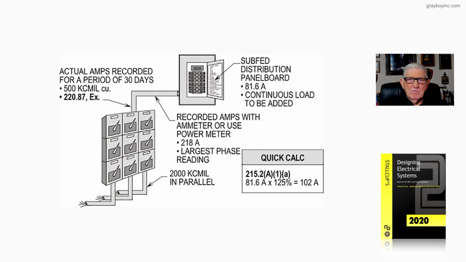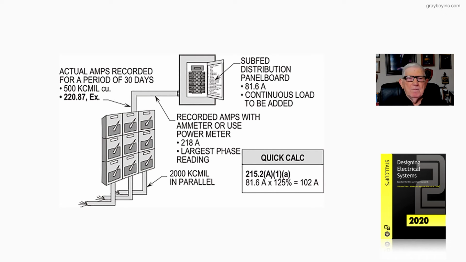Now, notice we're not routing the conduit through an ambient greater than 86 degrees Fahrenheit, so that won't apply from Table 310.16. We do not have more than 3 current carrying conductors in the raceway, so we're not applying an 80% rule, where maybe we had 4. So the neutral's not considered current carrying in accordance with the provisions and